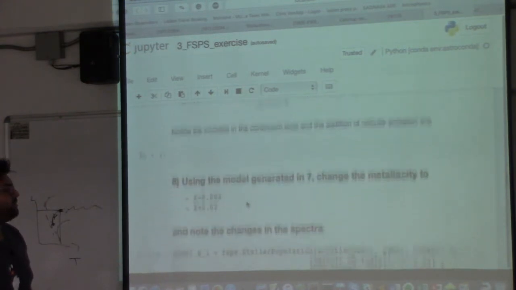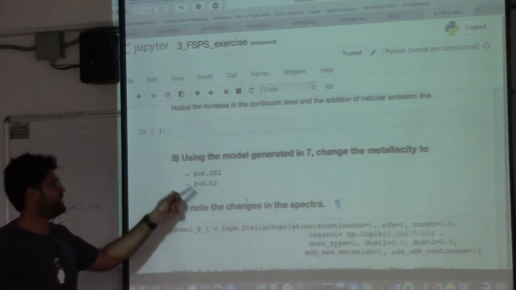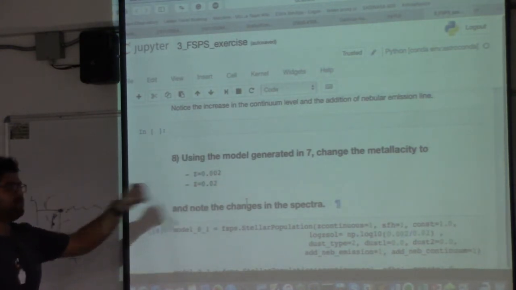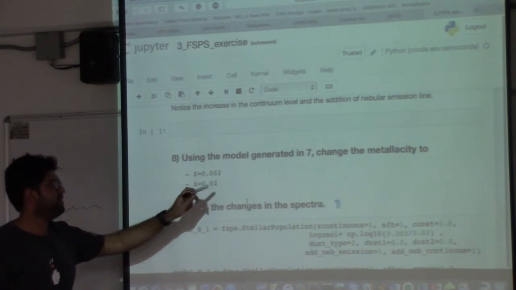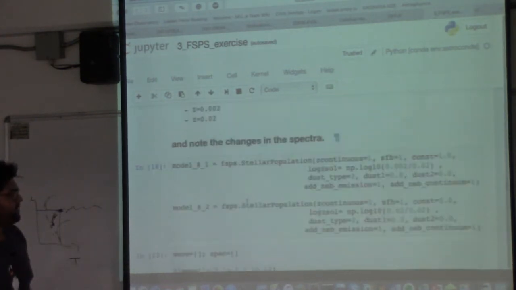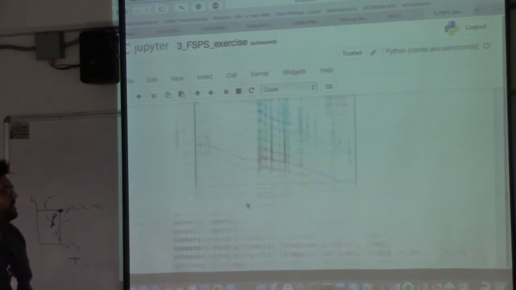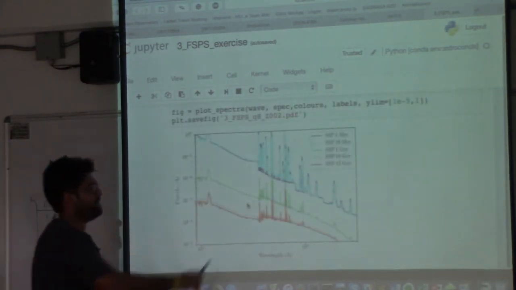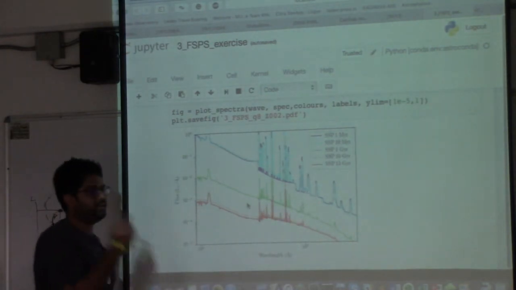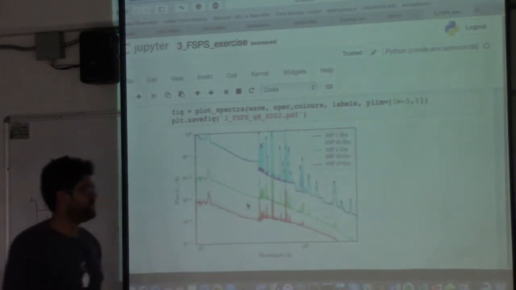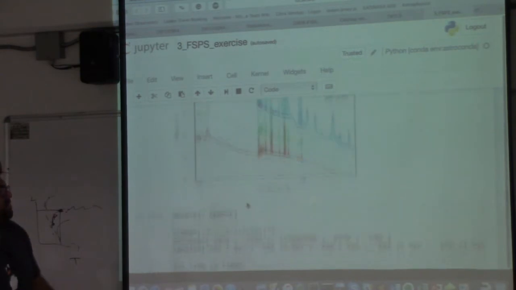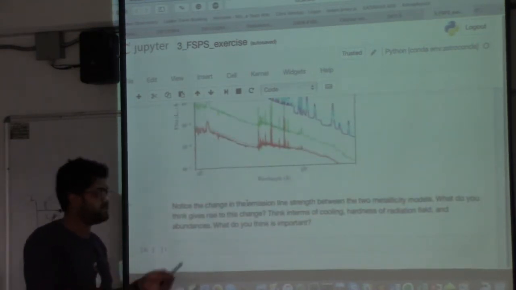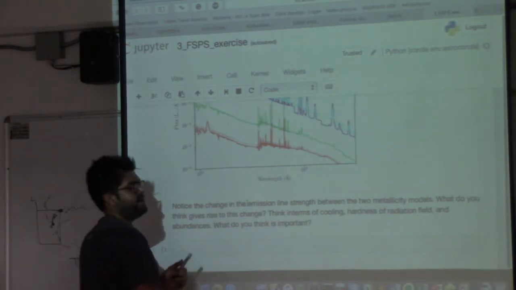and from that you can link to properties of galaxies, such as the star formation rate, metallicity, and other parameters. All right. So the next thing you did was to change the metallicity of the same model to 1/10 solar and to solar metallicity. If you zoom into these two different plots, you might notice differences in the emission line strength, and also in the normalization a little bit. Because what happens is when you have low metallicity galaxy systems, you have very hard ionizing